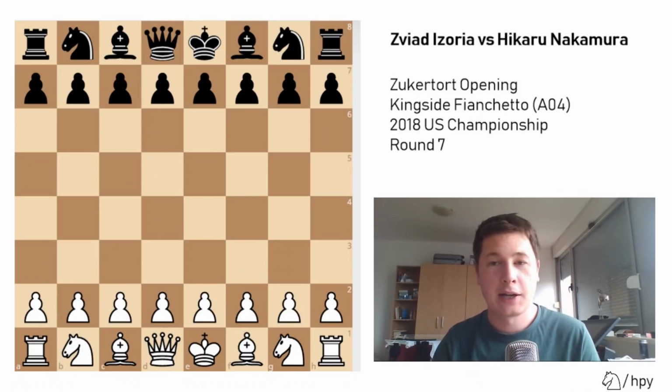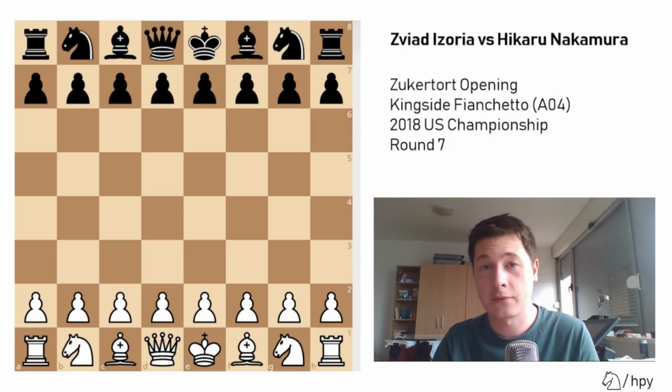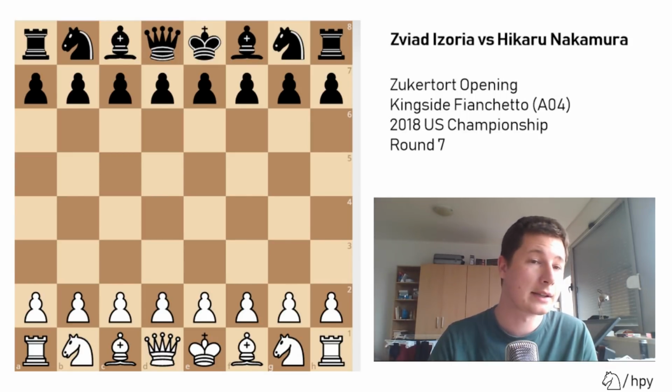Hello everyone, I'll go over a very nice game from round 7 of the US Championship played between Zviad Izoria and Hikaru Nakamura. After 6 rounds, Hikaru was surprisingly at only 50%, 3 points out of 6 rounds, and he had all draws, 6 consecutive draws, which was very unfortunate for him and very unlike him, because he usually plays very aggressive chess and manages to convert, and especially in time trouble, because he gets a huge advantage when